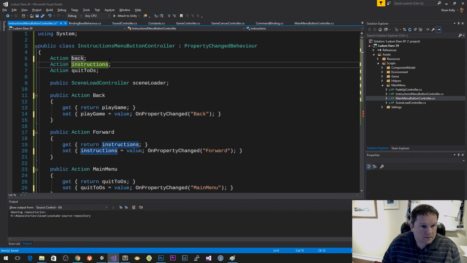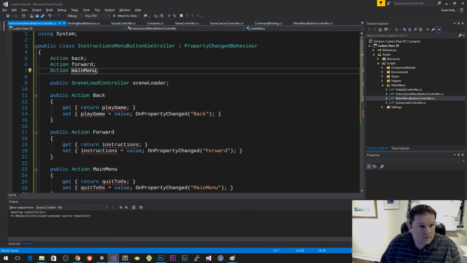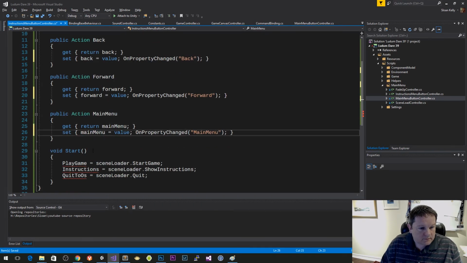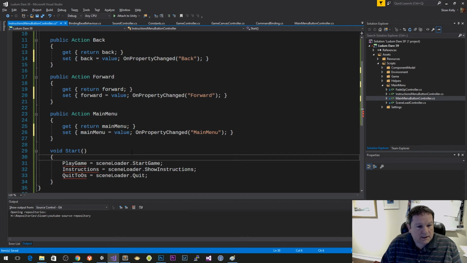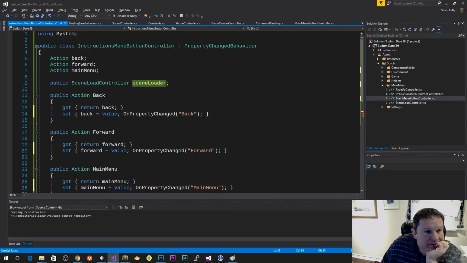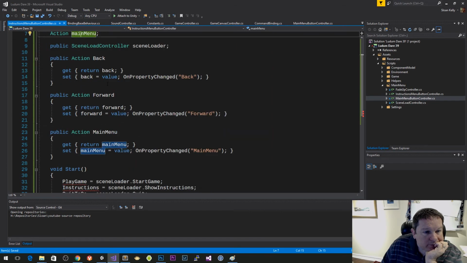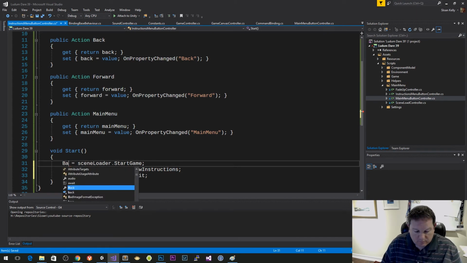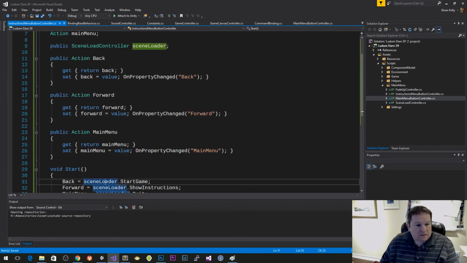Let's go back, forward, menu. Okay, back. Probably easier just typing this out, but whatever. And then I want to have back, forward, main menu. And so this is going to be main menu, forward, back. Okay, so instead of scene loader, which is for the main menu here,